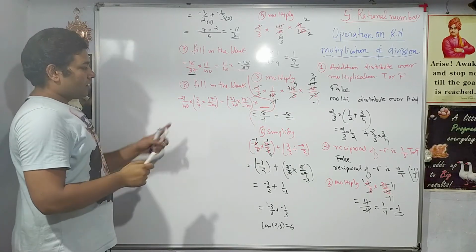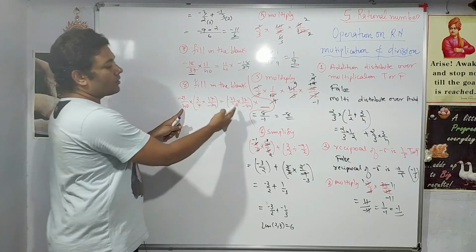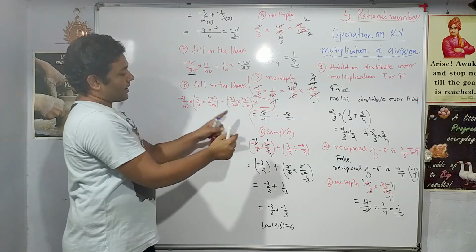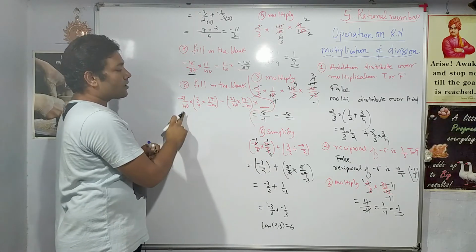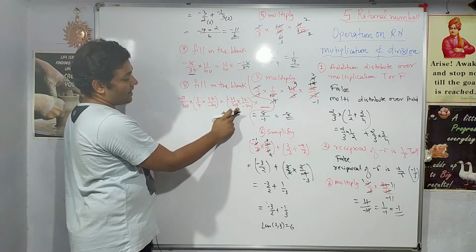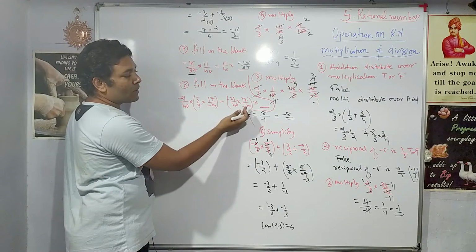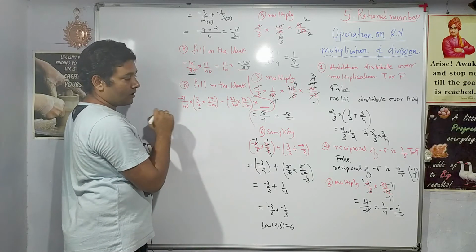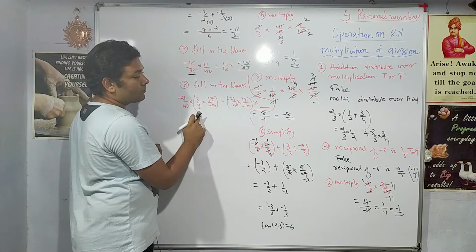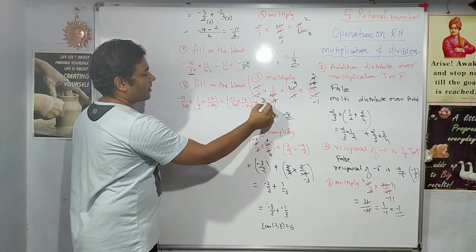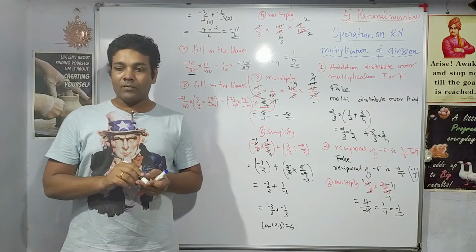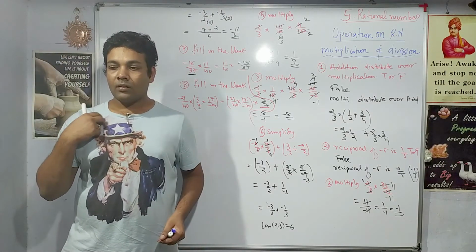So again same thing, is minus 21 upon 40 on the right hand side, right? Here is an equal to sign, so left side must be equal to the right side. So on the left hand side we have minus 21 upon 40. Is this term present on the right hand side? Yes, it is present. 3 by 7, is it present on the right hand side? No, so just put a mark. 17 by minus 24, is it present? Yes, it is present. So whichever term is absent on the right hand side, that term you multiply. So that is the answer. Easy, very easy. Then next one we have verify.